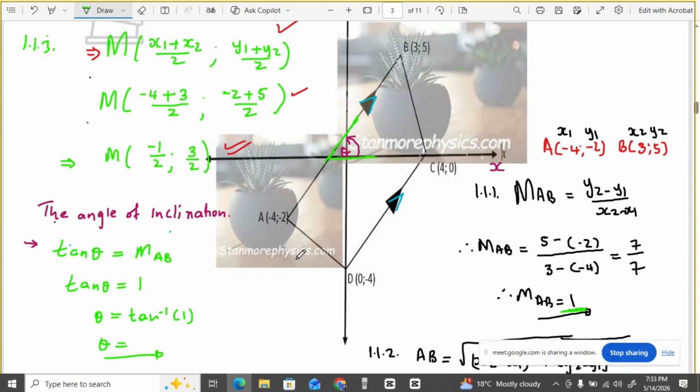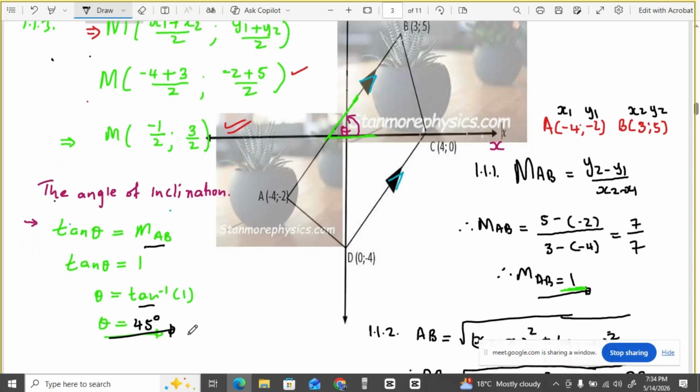Are you still with me? Do you understand what I did here? We just substitute the gradient, then we find the tan inverse to isolate theta. So what is the tan inverse of 1? 45. So this tells you that that angle there is 45 degrees. Okay, to save time,